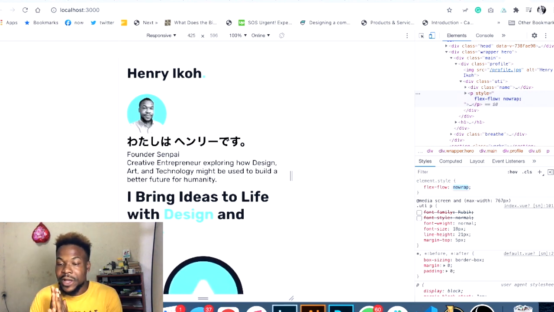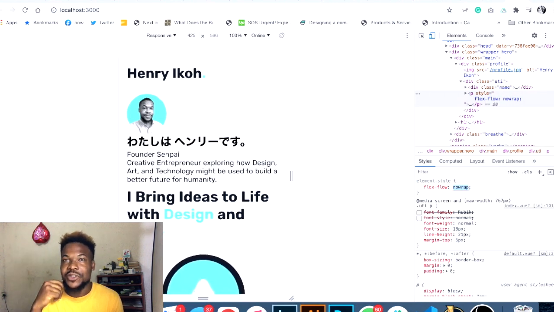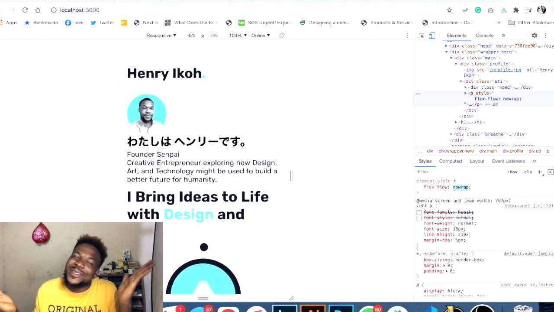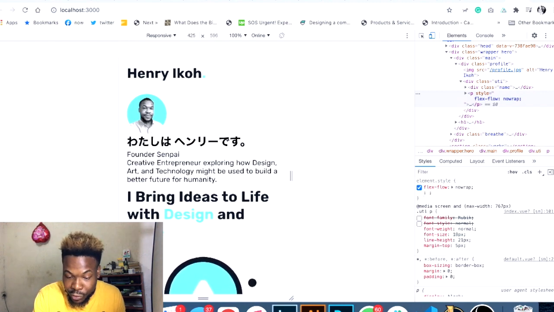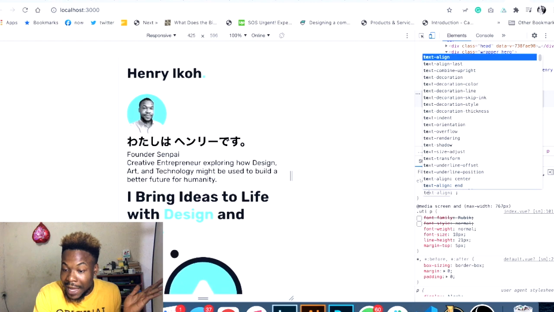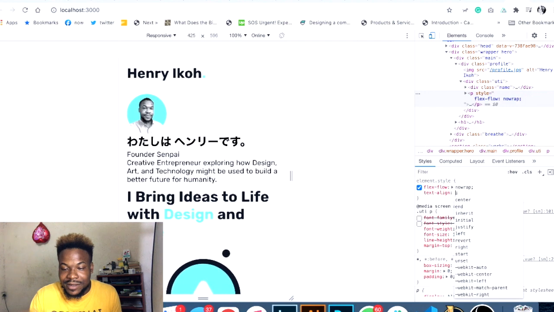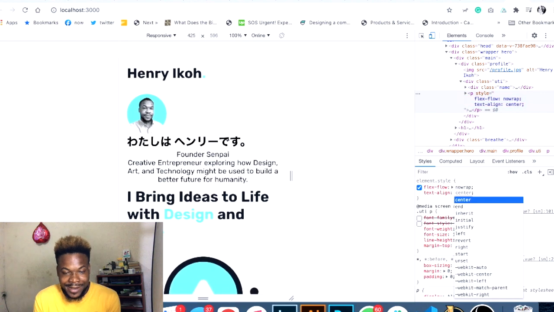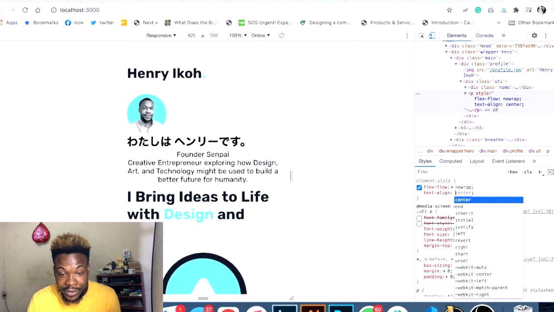You don't have to remember all the CSS properties. You just have to have a guess of the name, right? So if you want to align a text, it's text-align, middle. You're not really sure what the options are, so you could just say text-align, tab, right? And it shows you all the options, and you can cycle through all of them, and it applies the style in real time. As you can see, it just centered my text in real time, and I can just go through all of them till I see what